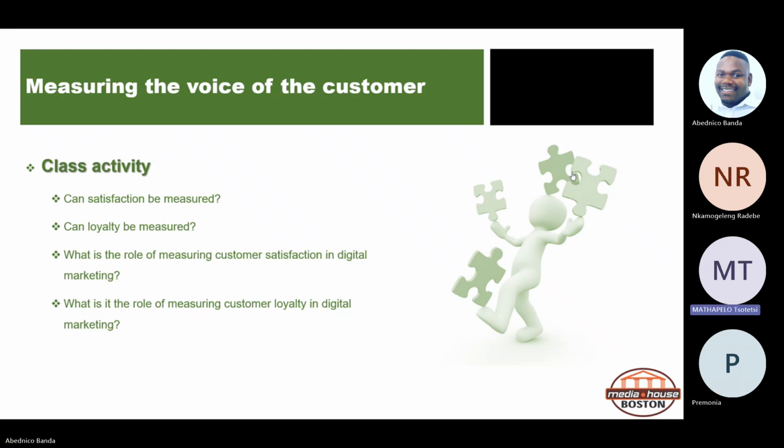From my side, I would say, for example, let's say I believe that getting a burger from McDonald's is better than getting a burger from KFC. I'm satisfied with the McDonald's burger. I can measure it by whenever I eat a KFC burger, I don't get that feeling that I get when I eat a McDonald's burger, or I don't get that crunchiness. That's how you can measure, from my point of view.